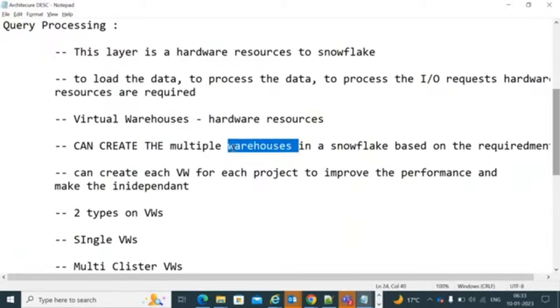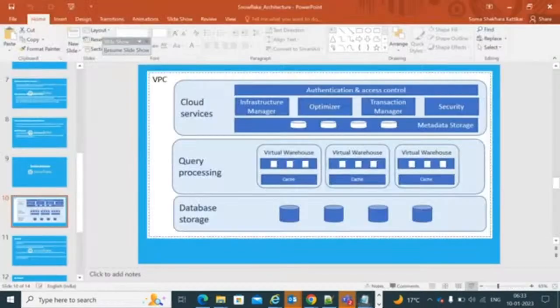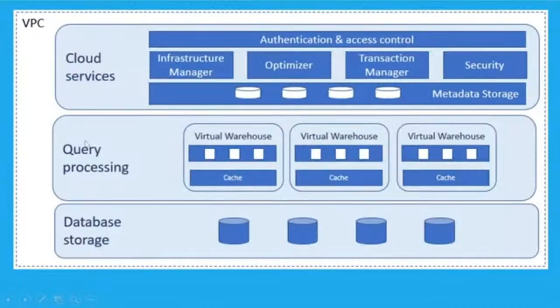See here, till here you are clear? I will tell you. See, this query processing layer is a virtual warehouse, which is a compute layer, and this is a hardware resource to your Snowflake. It will be required to process all the requests in your Snowflake. The requests are either you may be submitting your workloads or queries, or you are accessing data from